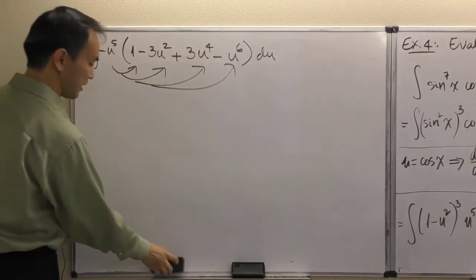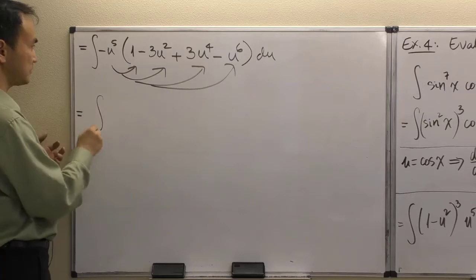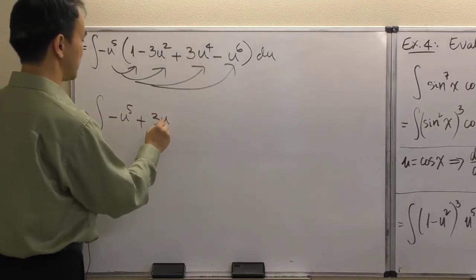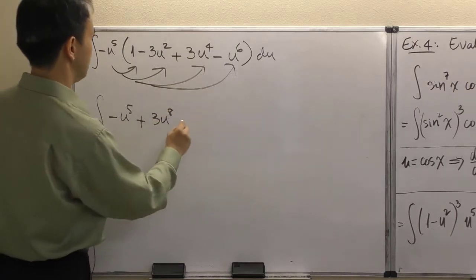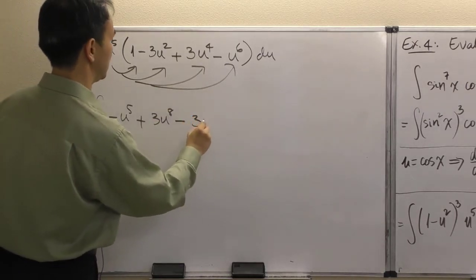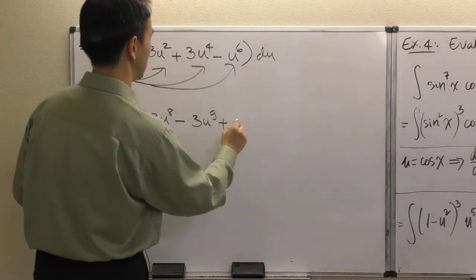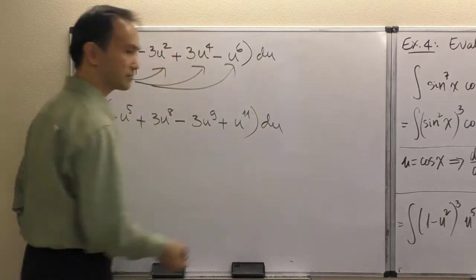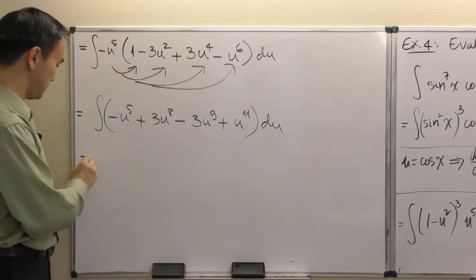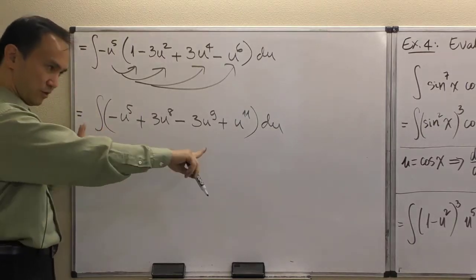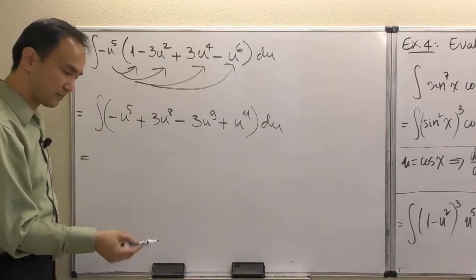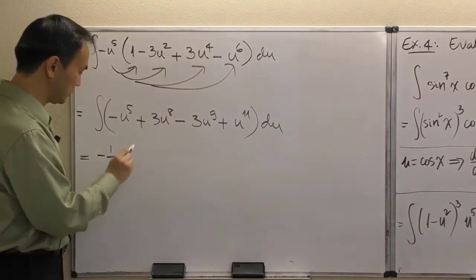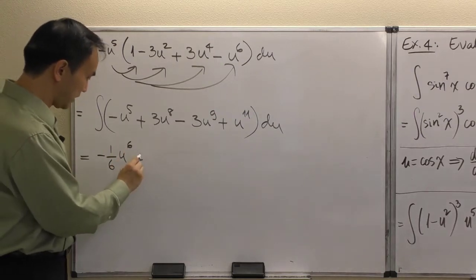So consequently, I'm going to end up with minus u to the fifth plus 3u to the eighth, minus 3u to the ninth, and then plus u to the 11th, du. And so now we are ready for getting that final antiderivative, but for now in terms of u first: negative 1/6 u to the 6th power plus,